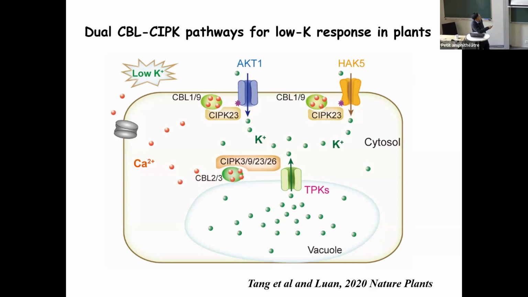In parallel, in another pathway, CBL2, CBL3 and CIPK3, CIPK9, CIPK17 get recruited to the vacuolar membrane. There, they phosphorylate and activate TPK, which is the storage door that is locked. This is the key to unlock the door to get the potassium from storage into the cytoplasm. As you can tell, both pathways have the same goal, which is to increase the cytosolic potassium to support metabolism and cell growth.